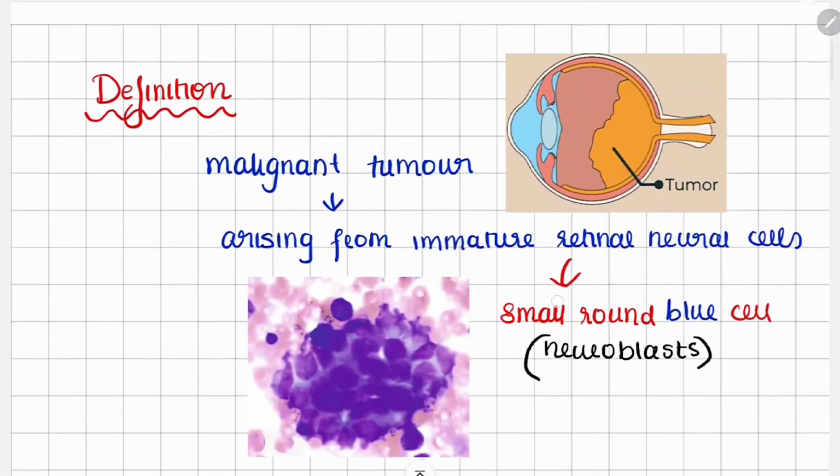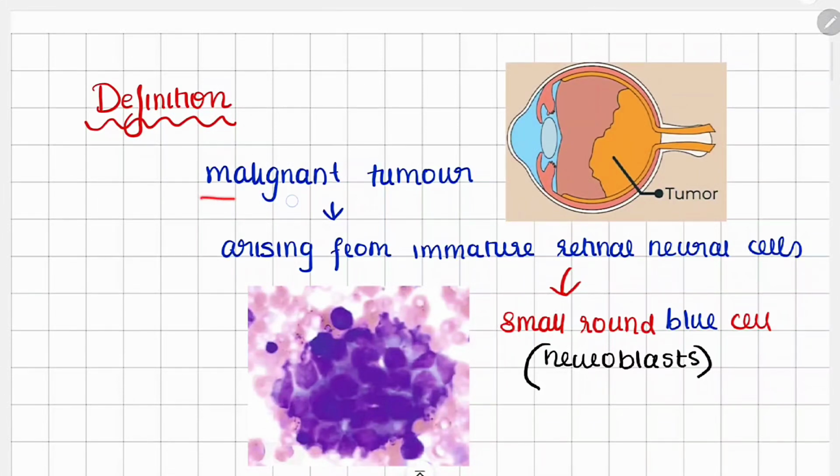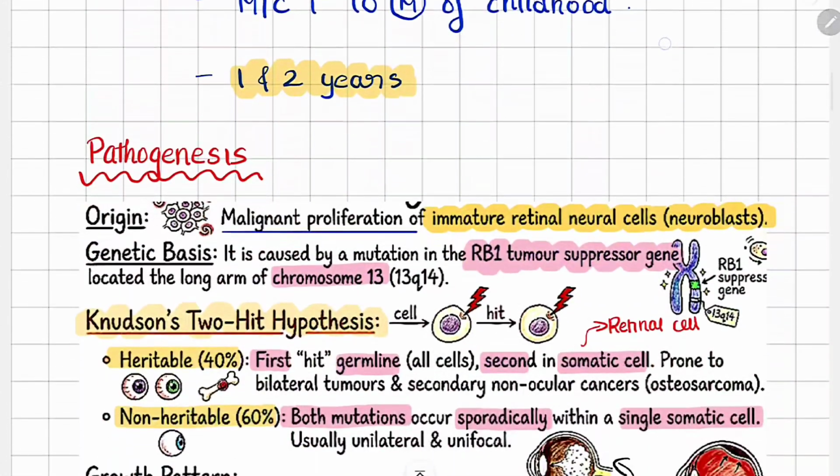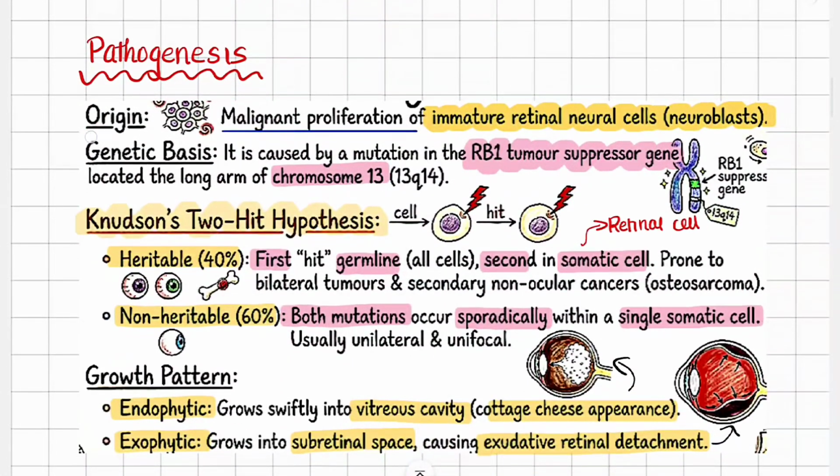Now, coming to the definition of retinoblastoma, it is a malignant tumor arising from immature retinal neural cells that are neuroblasts. They are small, round, blue cells. Coming to the epidemiology, it is the most common primary intraocular malignant tumor of the childhood, affecting the children of 1 and 2 years. Coming to the pathogenesis, we already told that it is originating from immature retinal neural cells